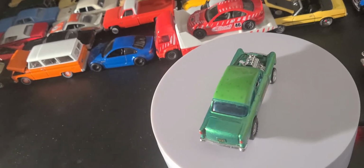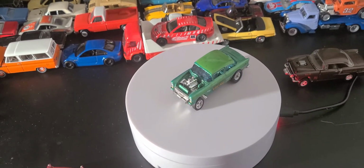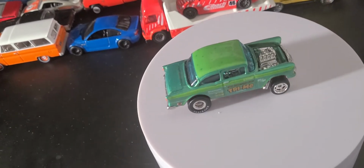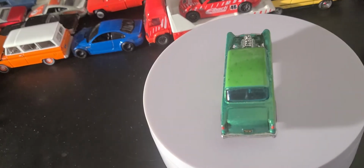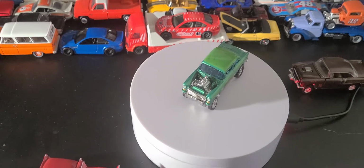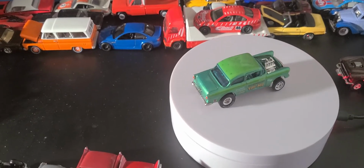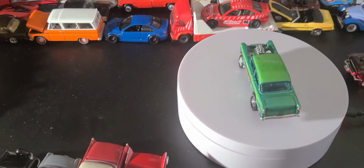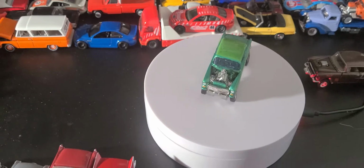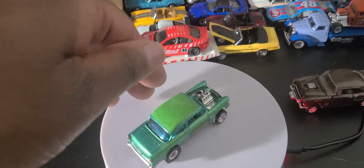But I found this at Barnes and Noble at the time because I couldn't find it at Walmart and Target, and I think it cost me five and some change. I don't think it was $4. I know that I had other cars in this series, a Dodge Coronet and a Mercury Cyclone from the Drag Strip Demons in 2018. I think I paid $2.50 for one and $3 and something for the other, because they had them on discount. I kind of think the cashier hooked me up because he was kind of friendly, but I think they were trying to get rid of them because it was around Christmas time. They had a display up. It was the 50th anniversary of Hot Wheels,